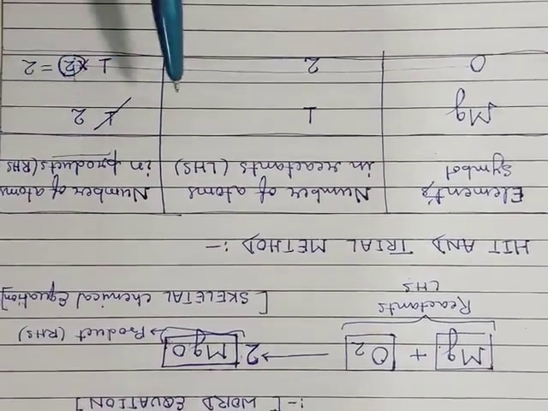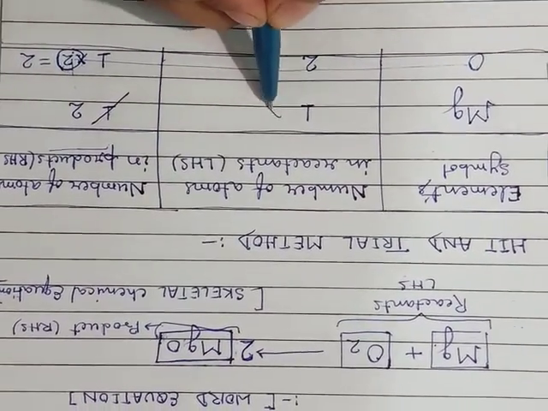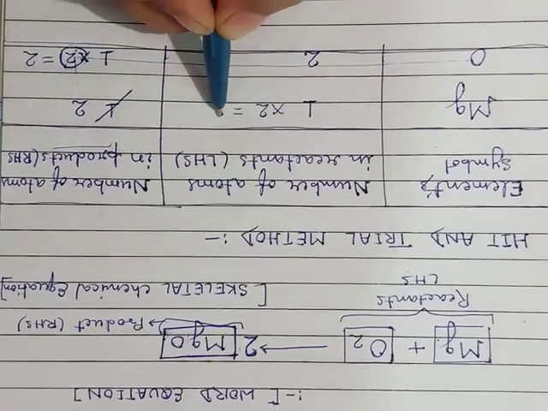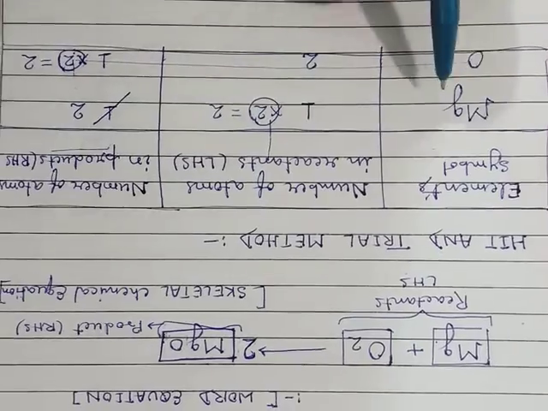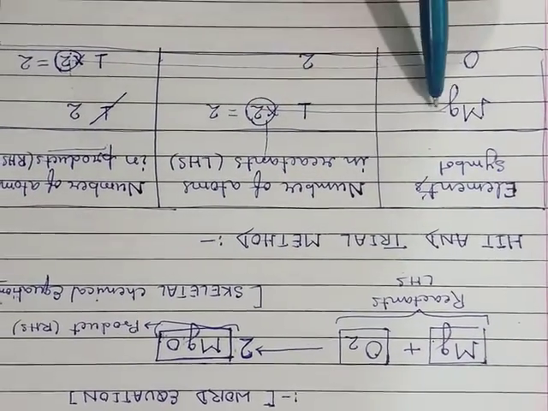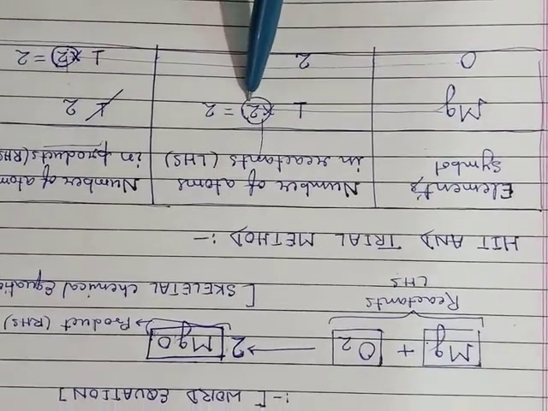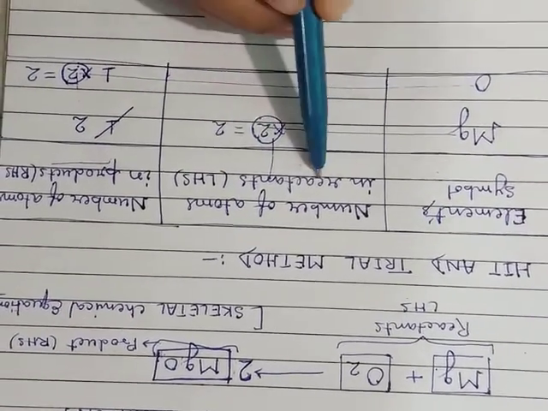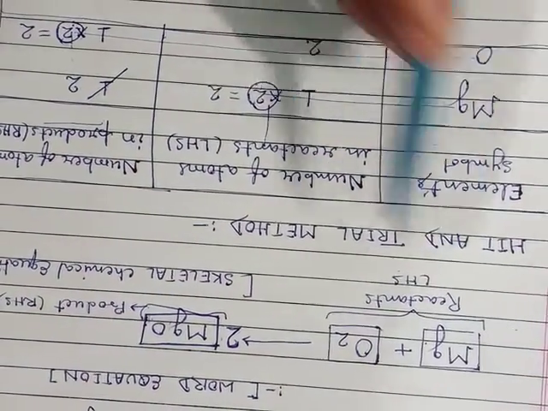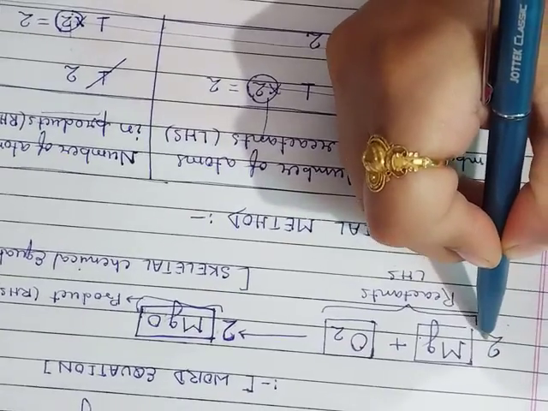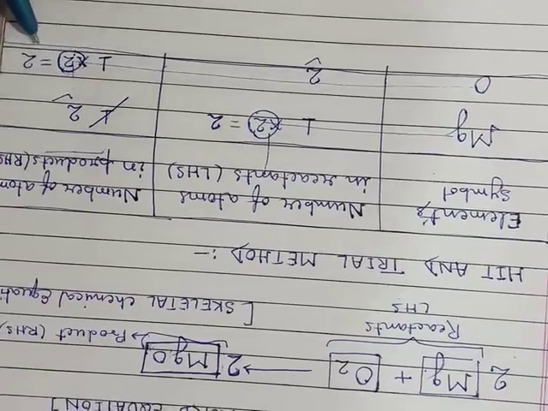The second step is to balance the magnesium. Magnesium 1 multiplied by 2 is equal to 2. Here it is the 2, on the left hand side of the reactants, for magnesium. Check horizontally and vertically for the placement of this 2. So this is magnesium of the reactant, and here it is magnesium of the product. This 2 is now put on this side. Now this is 2, this is 2, this is 2, and this is also 2.